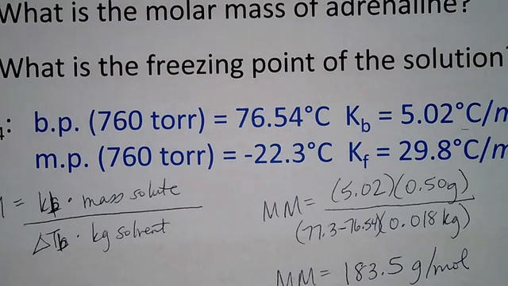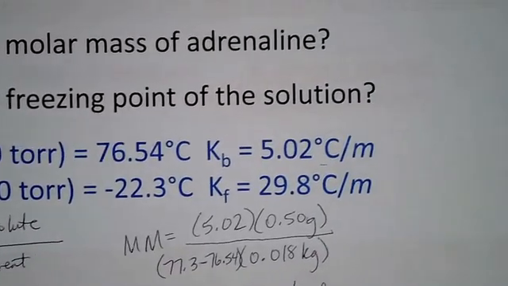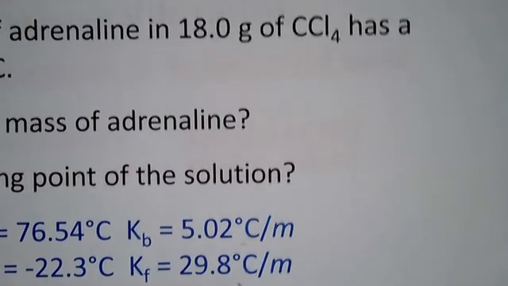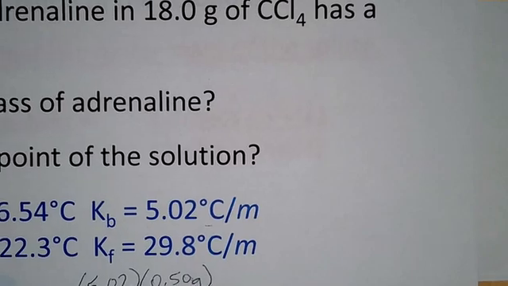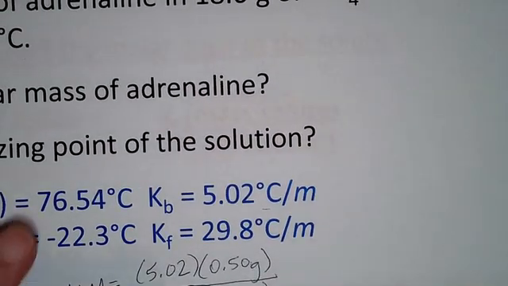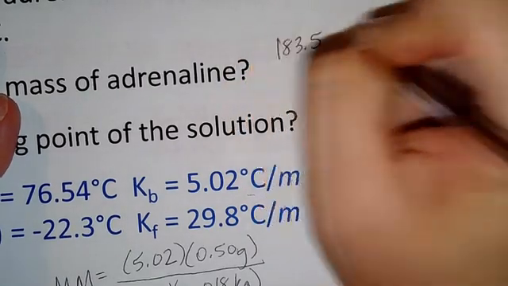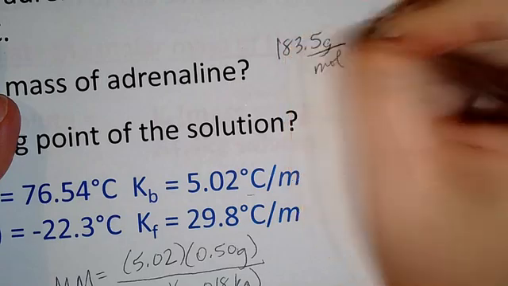So I'm going to do this both ways so we can get an idea. The first way is by using the molar mass that we have. So I have 183.5 grams per mole that I just found for my molar mass. I'm then going to use the Kf value, 29.8,